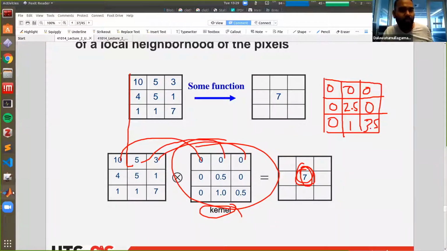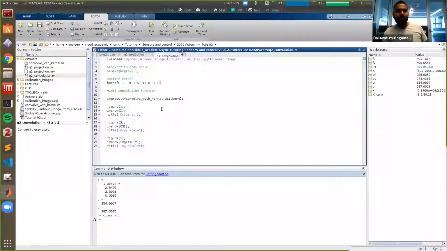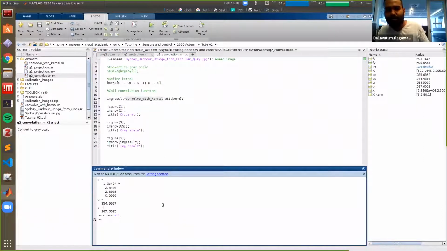Okay, so let's see how we can do that in MATLAB, right? So basically, if you look at the question, luckily in MATLAB you have a function for convolution with a kernel, which is what I'm going to teach you guys now, which makes things super useful. You don't have to do the multiplication and